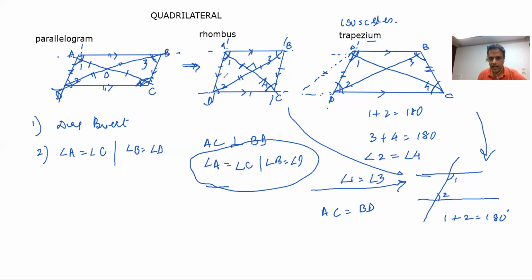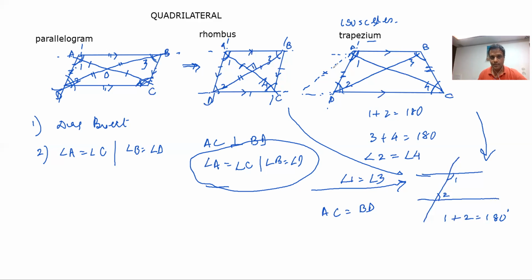All of them internal angles will be 180. Their opposite angles in parallelogram and rhombus will be the same, right? Their diagonals in parallelogram bisect each other, but they don't fall at 90. They fall at 90 degrees in case of rhombus,